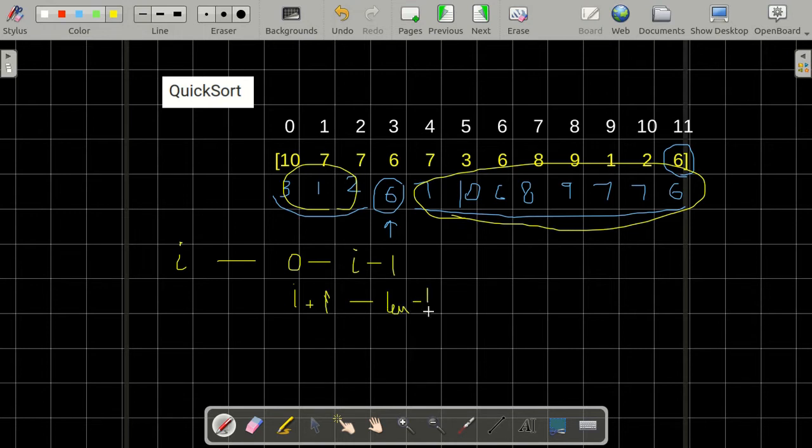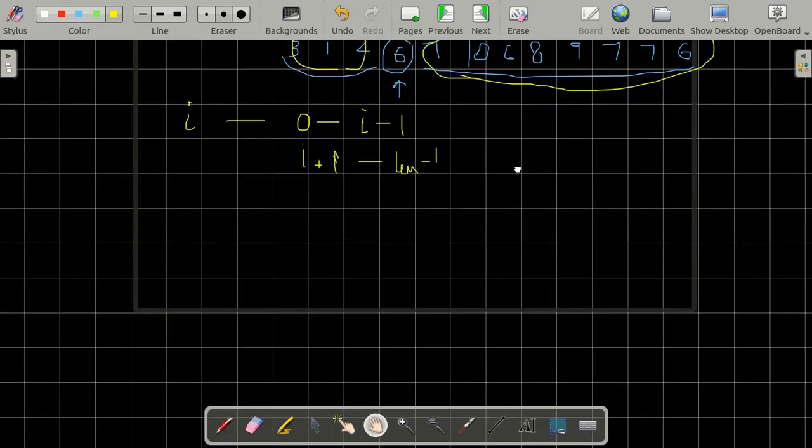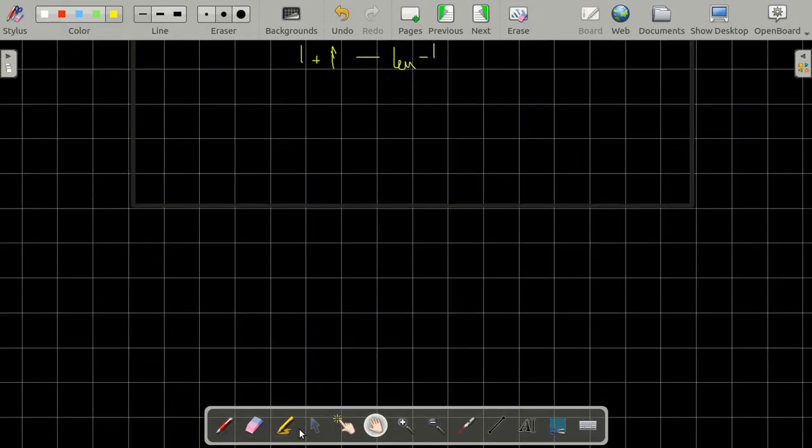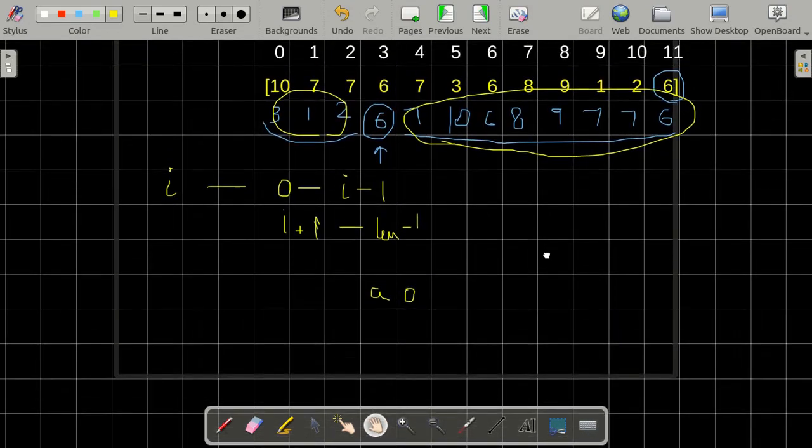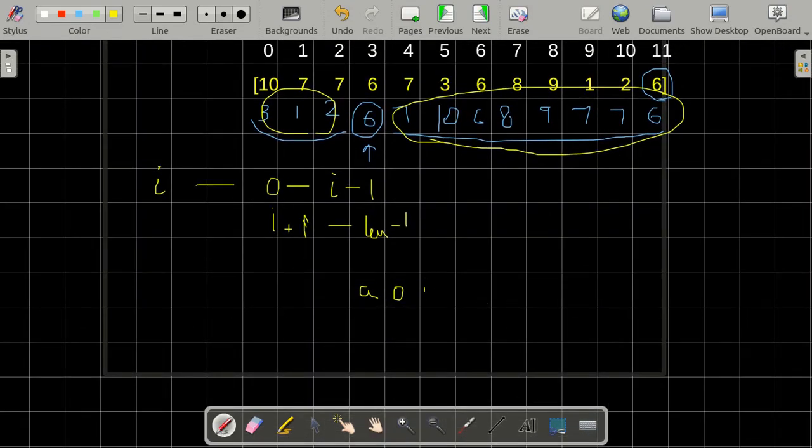So now let's see how the recursive tree for the quicksort will look like. Over here, suppose my array was A and the starting index is 0 and the ending index is 11. So the first call is for this.